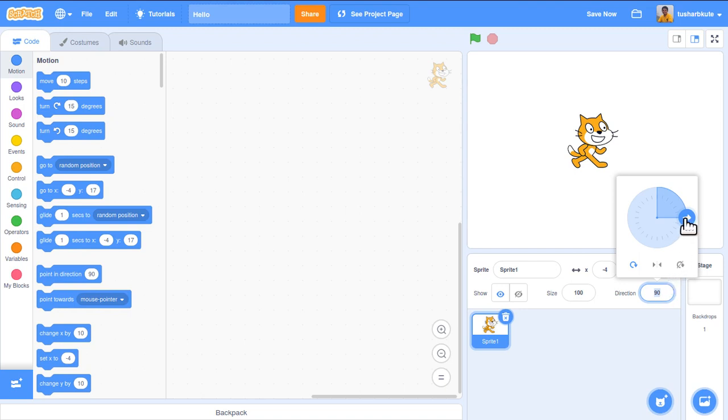This arrow signifies the front direction of the sprite. Maybe you have some sprites which don't have eyes or a face, so in which direction their face is, we can't identify. Like a ball: we can add a ball there, but a ball doesn't have eyes or a face. But what front direction the ball is carrying, we can identify with the help of this.